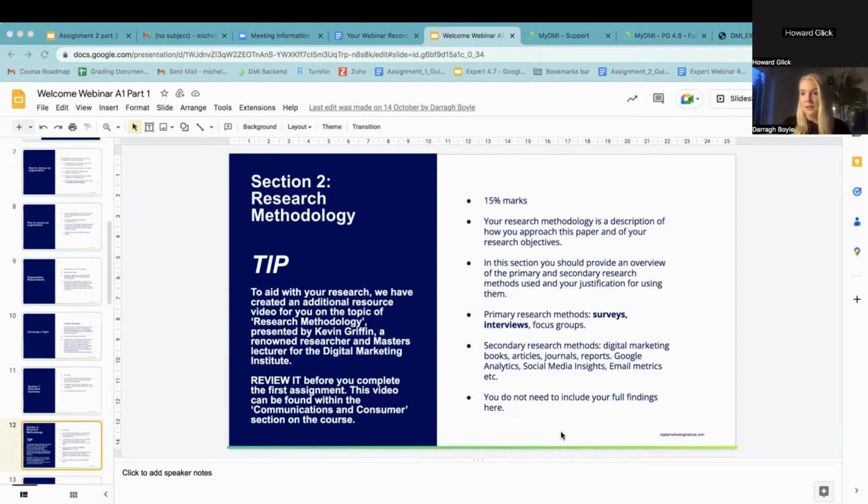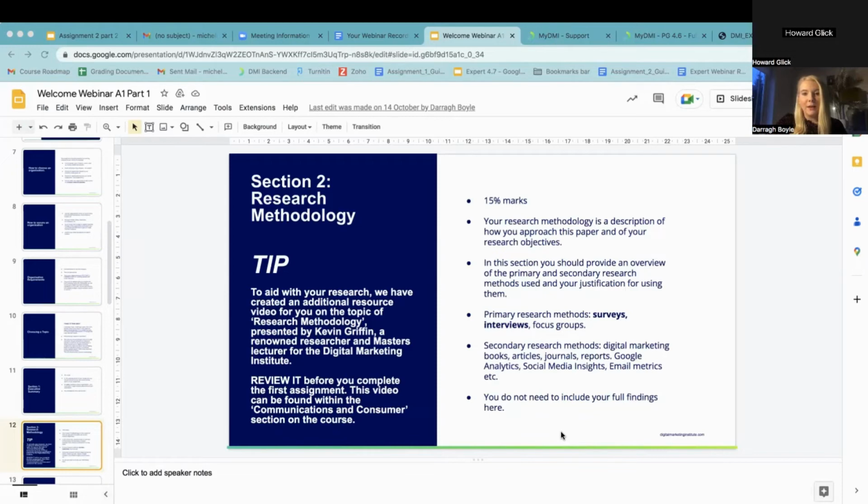So you just want to take out your opinion altogether, and you're going to have things that you know already and that you want to say in the assignment, but you need to find the evidence of that through academic research or a report or a journal, and you're going to pull that info and cite it and put the references in your referencing section of your assignment. And we'll show you how to do that really nicely in the next webinar for the second half of assignment 1.